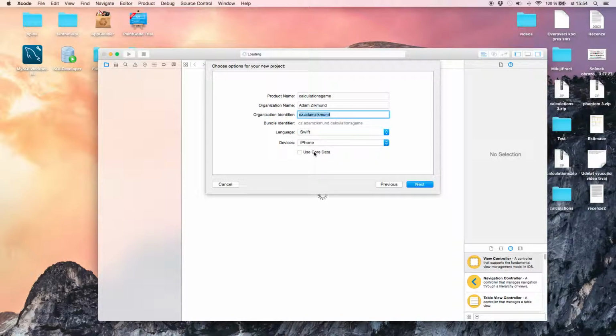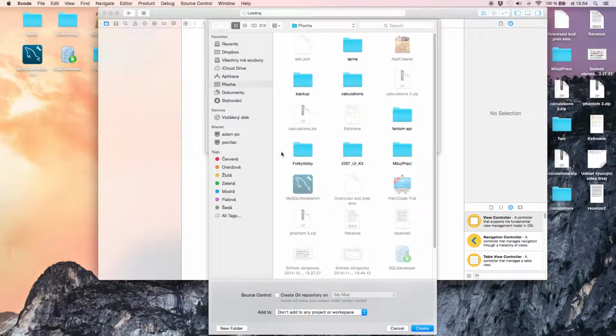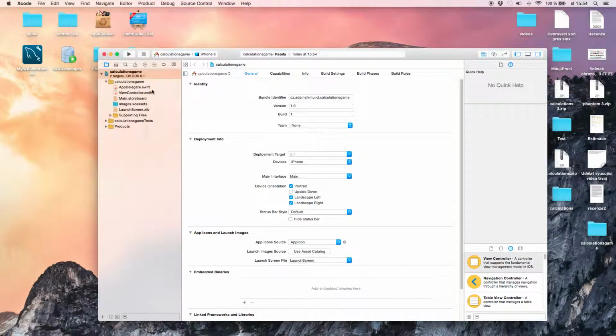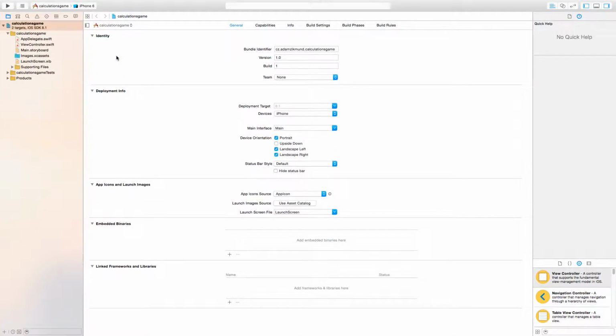Use core data, we don't need them because the application will be very simple. So next, now I will choose where I wanna save the project. So I will choose my desktop, and I will click create. So now I got the basic start project in Xcode for the single view application, but we wanna use the